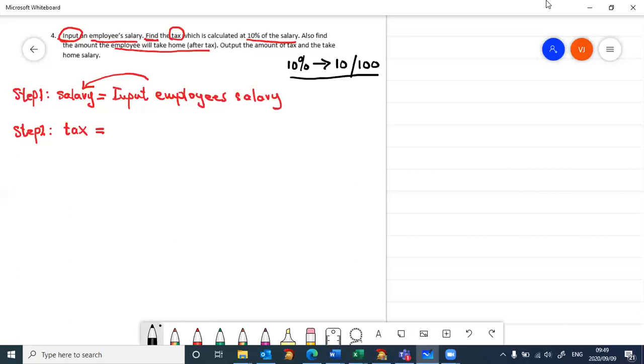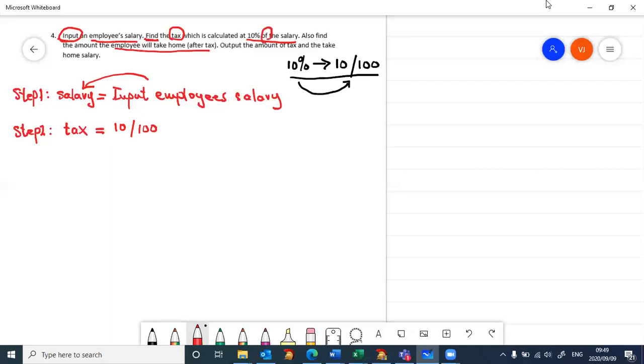When we're writing our algorithms, we're not going to use the percentage sign. We're going to convert that into a mathematical calculation. So the 10%, remember, is equivalent to 10 divided by 100. Similarly, 15% will be 15 over 100, and 80% will be 80 over 100. So now let's calculate the tax. We said that's 10%, so that's 10 divided by 100. Now it's 10%